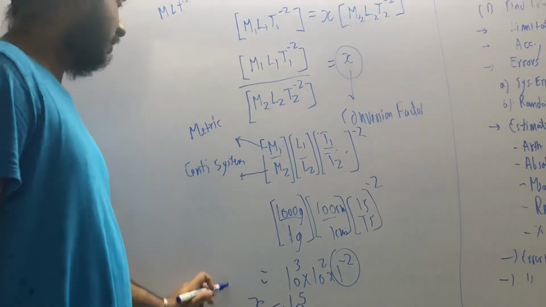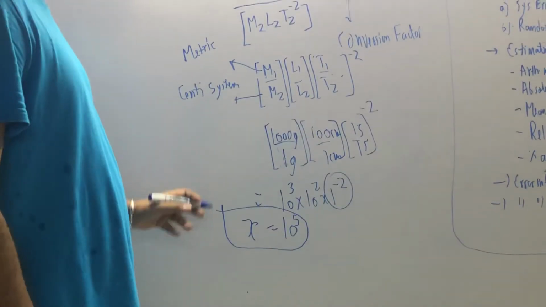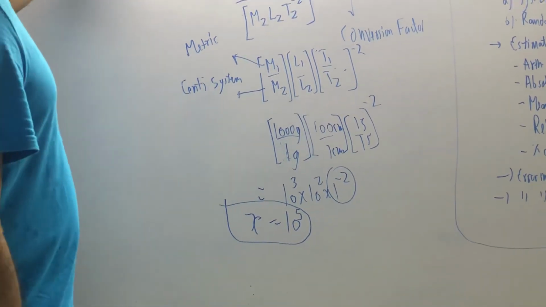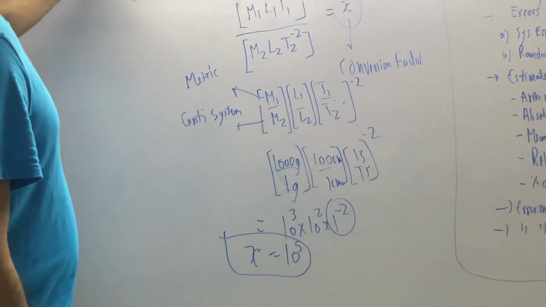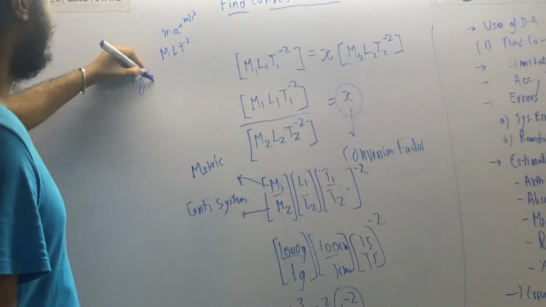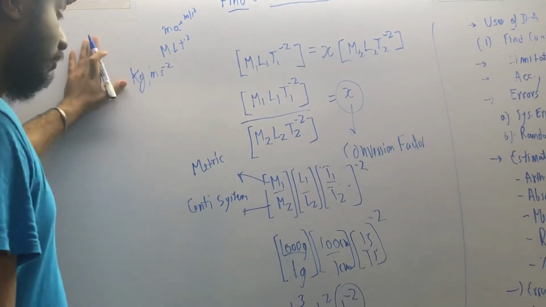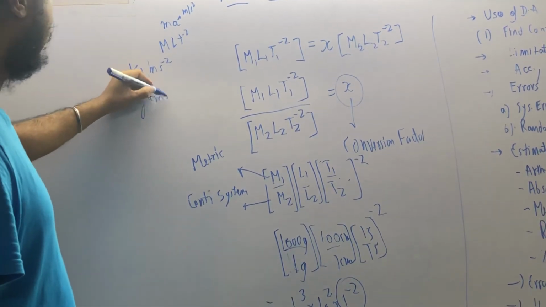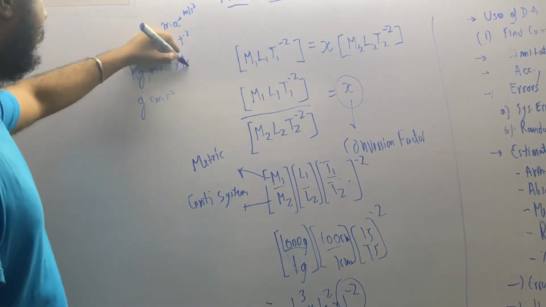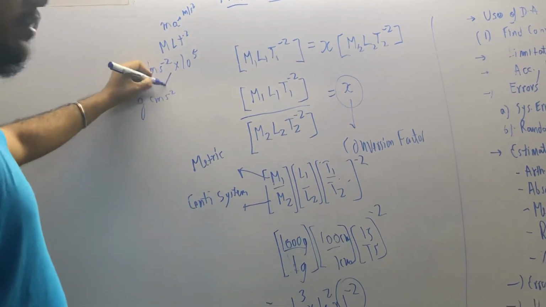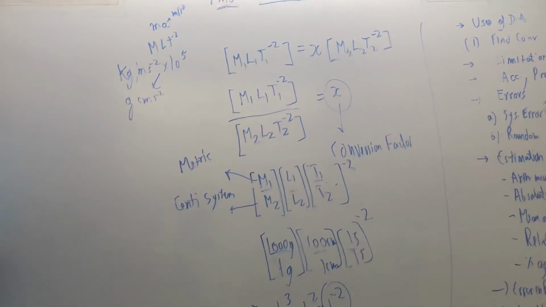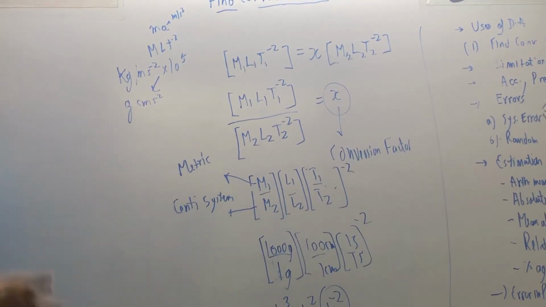This is the conversion factor. So what does this mean? This means that if the force is given to you in the unit of kg meter second inverse, then what will you do to convert it into gram centimeter second inverse? You will just multiply this by 10 raised to the power 5 to convert it. Okay, so this is how you will proceed in these types of questions. So this is another application of dimensional analysis.